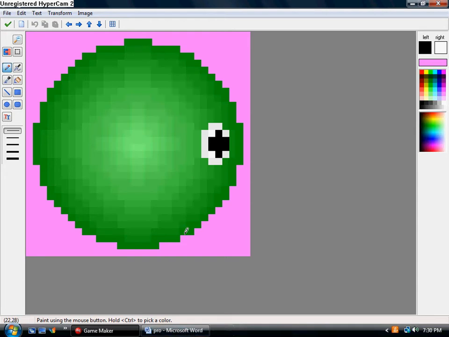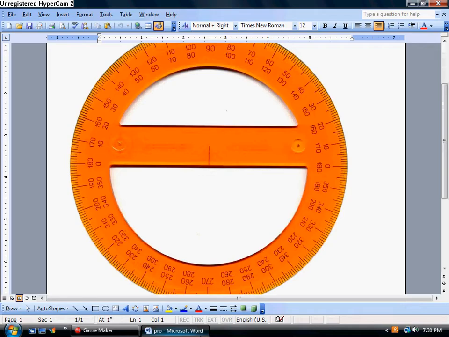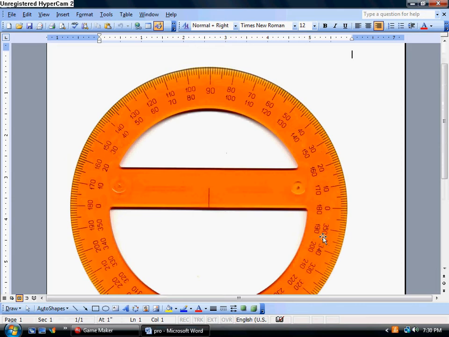Now, we're going to create a little example on how this little creature in-game will have his eye follow the cursor. Not only that, he will follow it. To do this, we're going to need to learn a new code called ImageAngle. ImageAngle works in degrees. So, if you want your sprite to turn left,